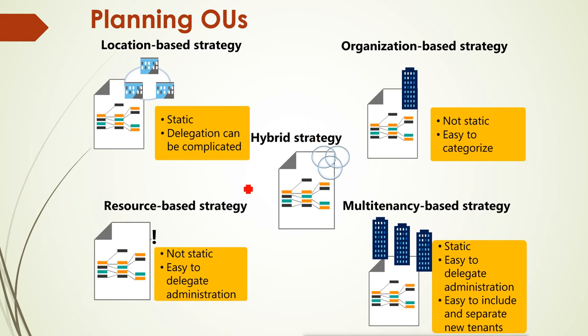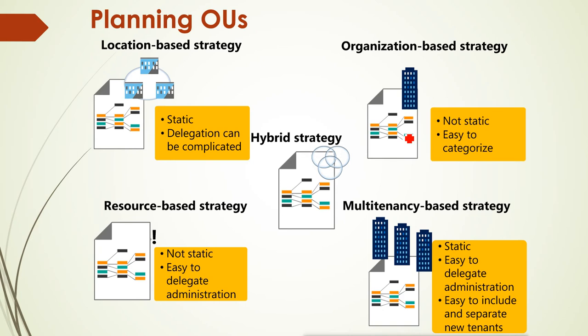So we can create different OUs based on location. We can create static ones, we can delegate. The delegation can be complicated if you create them location based. If you create them resources based, then it is not static. It is easy to delegate the administration also. If you base it on resources, then we can create multi-tenancy, where the creation will be static, easy to delegate the administration, and easy to include and separate a new tenant. Tenant means in a different tenant, you can create different department bases. The organization base will not be static, but it is easy to categorize. Different organization, different